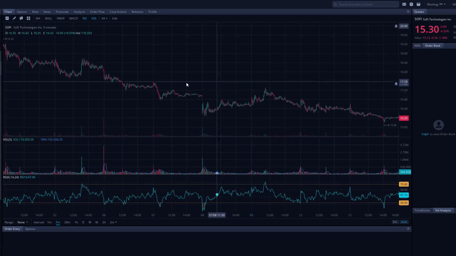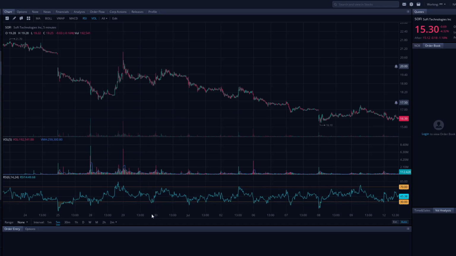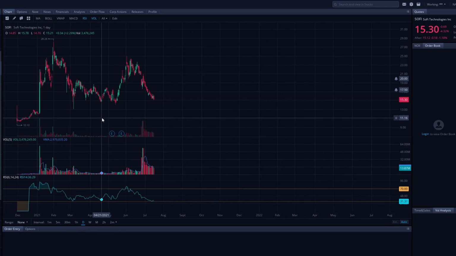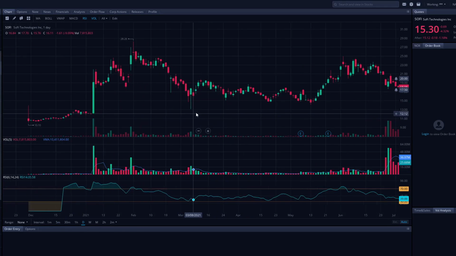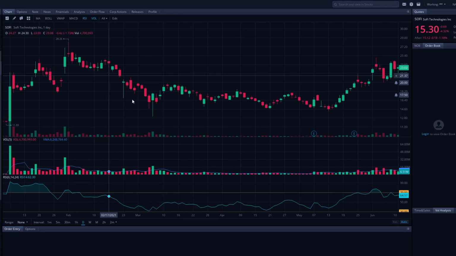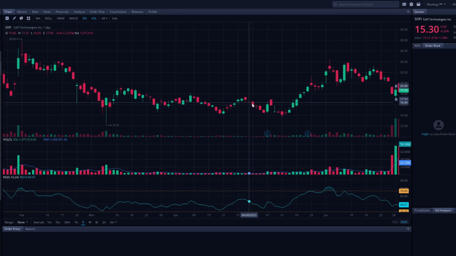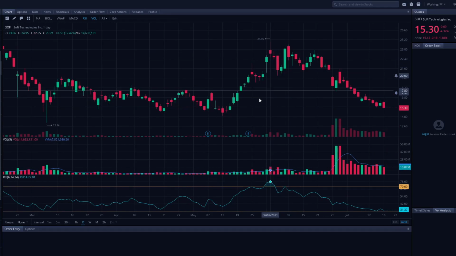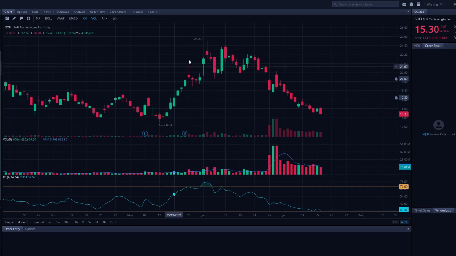So let's see, we can look at the daily again. So for example, if you were somewhere around here and you were trying to play this, but you got caught here. So let's say you were cost averaging down on these dailies, trying to get in and out, in and out, in and out, but then there's a sudden rise in price, then you will be losing out on that. So we're going to look at some other possible ways to do this, where you either won't